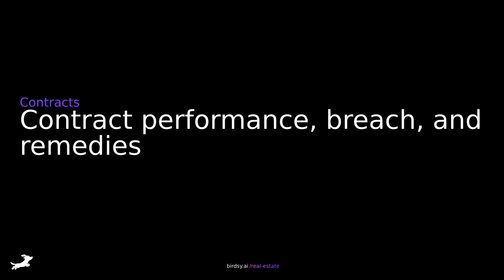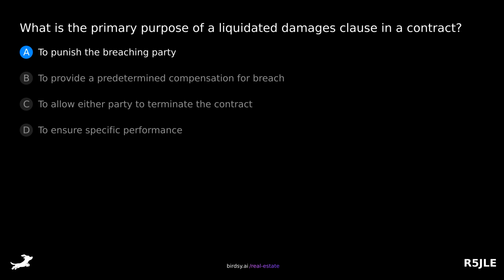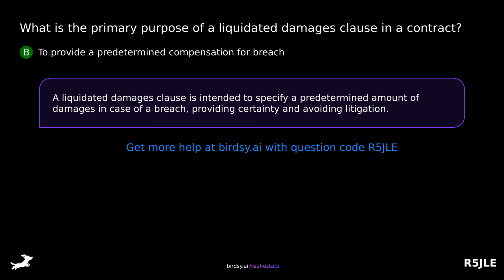Contract performance, breach, and remedies. What is the primary purpose of a liquidated damages clause in a contract? Is it A, to punish the breaching party, B, to provide a predetermined compensation for breach, C, to allow either party to terminate the contract, or D, to ensure specific performance? The answer is B, to provide a predetermined compensation for breach. A liquidated damages clause is intended to specify a predetermined amount of damages in case of a breach, providing certainty